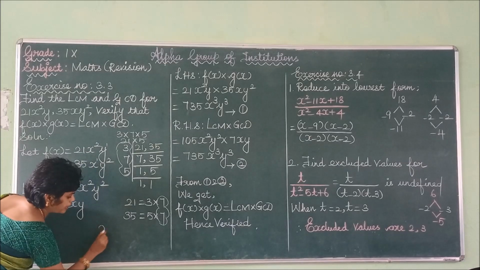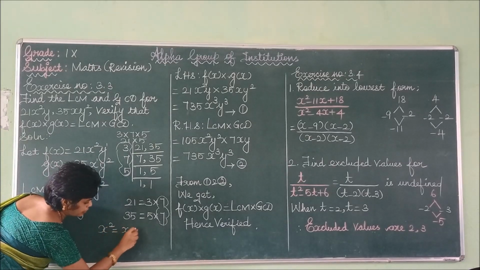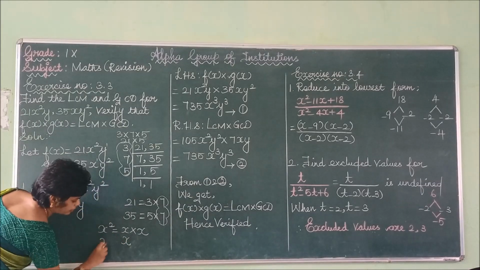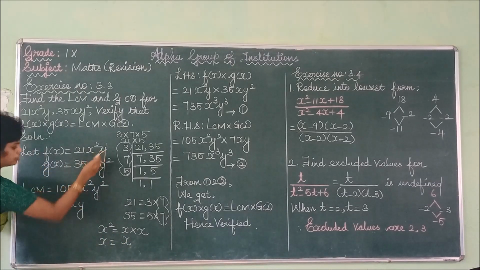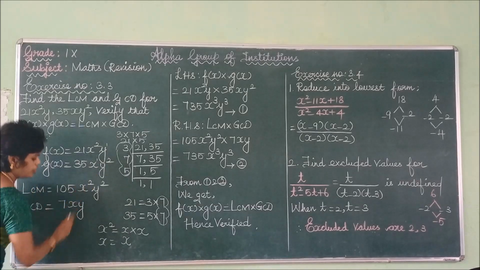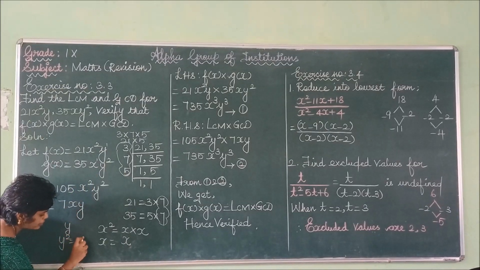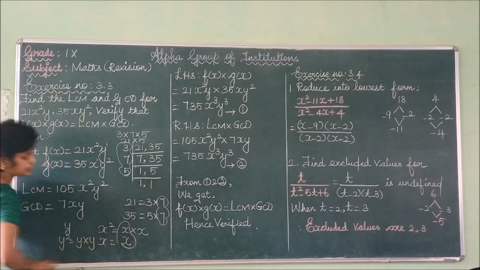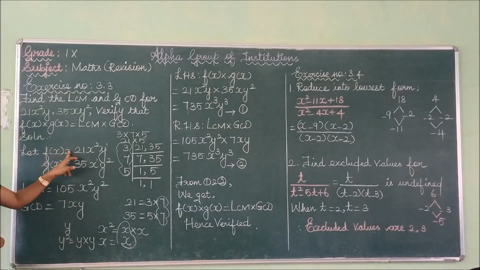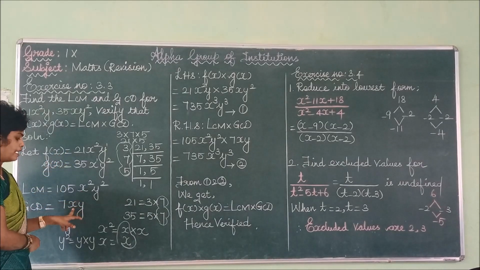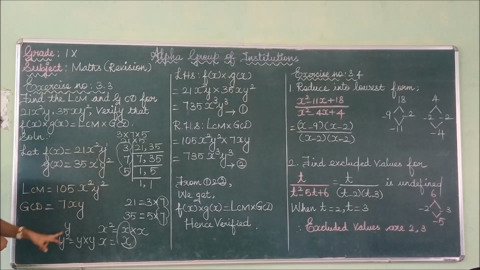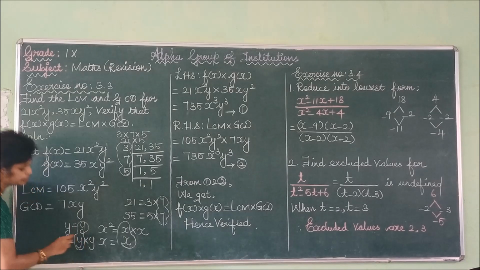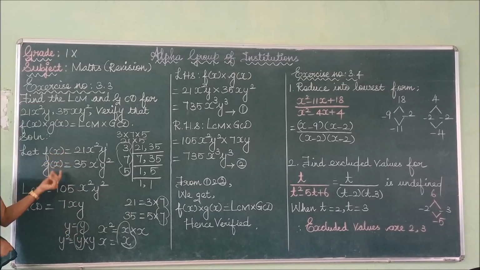So this x squared can be rewritten as x into x. So in g of x we have only 1x. In a similar way, this is y in f of x and in g of x, y squared. Y squared can be written as y into y. So what are the common terms present here? X is the only common term present in both f of x and g of x. You can write that x, and here this y term, y to the power 1, can be written as only y. So y is the only common term present in both the polynomials f of x and g of x.